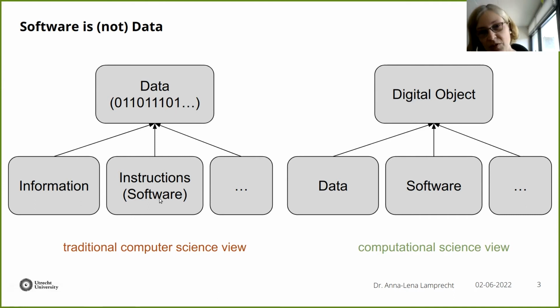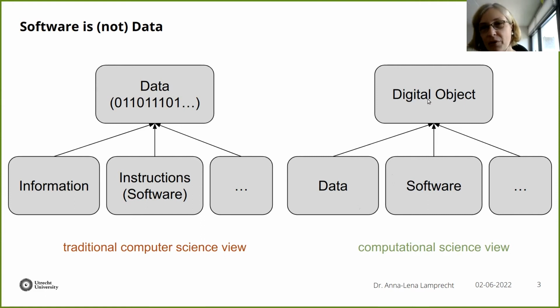From that perspective, this view may be correct, but we didn't find it very helpful for discussing FAIR, because the FAIR data, FAIR software, FAIR whatever discussion doesn't happen on the technical bare metal level of computers. It happens more on a discipline-specific or domain-specific level of computational science, and there we take a much more abstract view on things. Maybe in the phrasing of the original FAIR principles paper we would rather say we're talking about digital objects here, and data are kinds of digital objects, software are kinds of digital objects, and there might be many more.